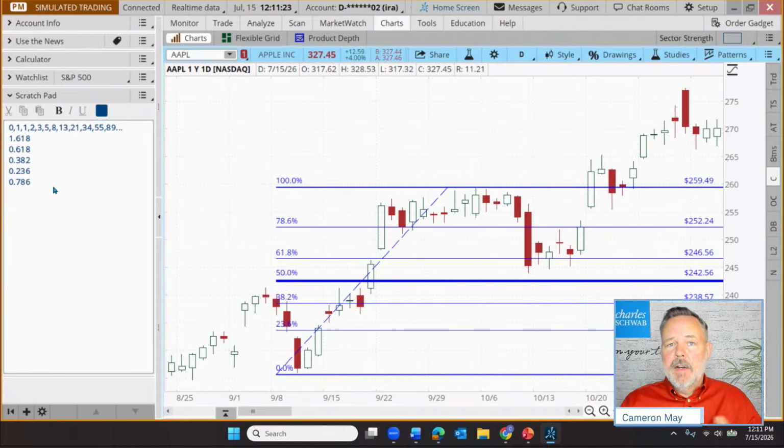Yeah, may adhere to Fibonacci sequences. Now, I think that those are more or less true. There's some truth to it. There's some fudging the edges of the numbers on that, but mathematicians have found a lot of interesting things in this Fibonacci sequence, and traders have kind of adopted that.